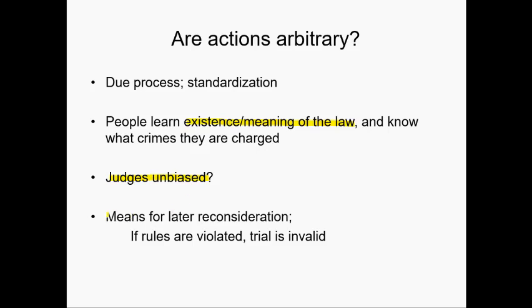And we also know that in our justice system we have a means for an appeal. In many cases, regardless of what your verdict is, you have the opportunity. Of course, there could be some limitations and restrictions to that, but the opportunity exists for your trial or your charges to be reconsidered. And clearly, if some rules were violated in that process, the trial could be determined invalid, and therefore you are given another trial. So these are some of the things that we do to try to prevent justice from just being dispensed arbitrarily.